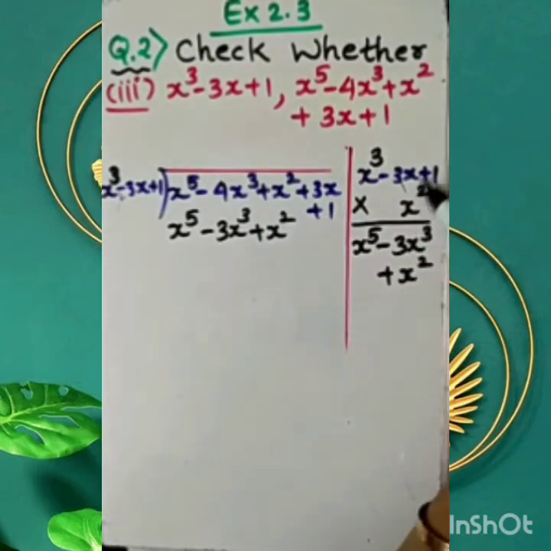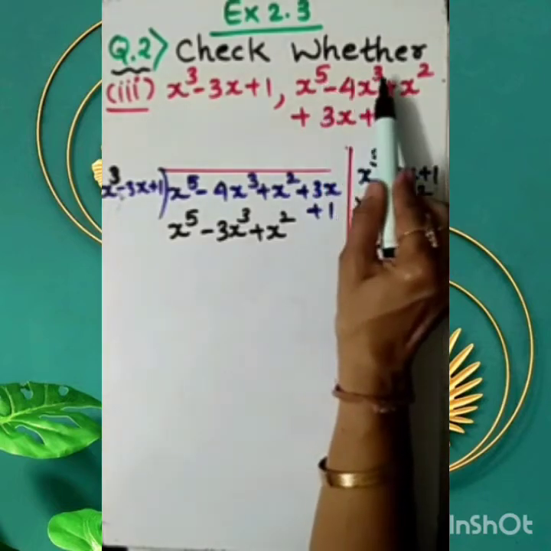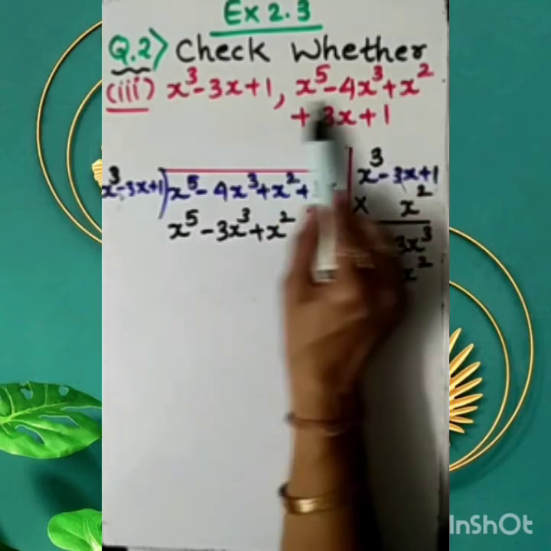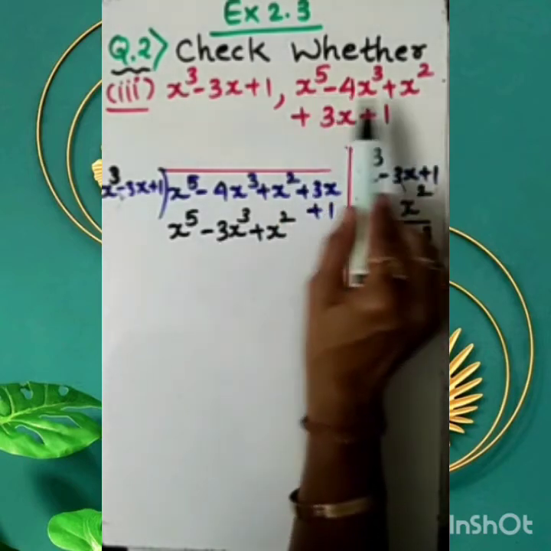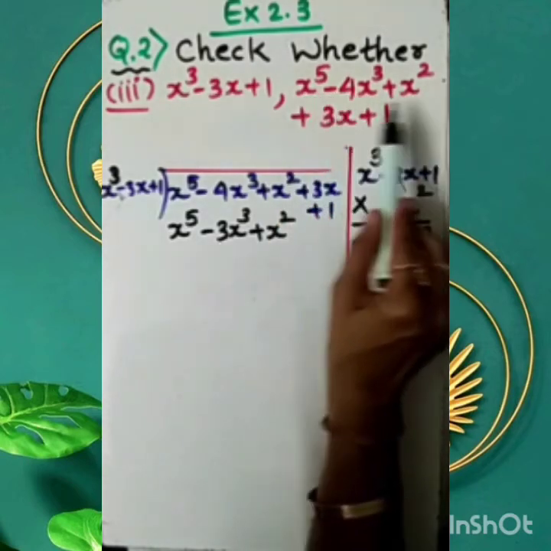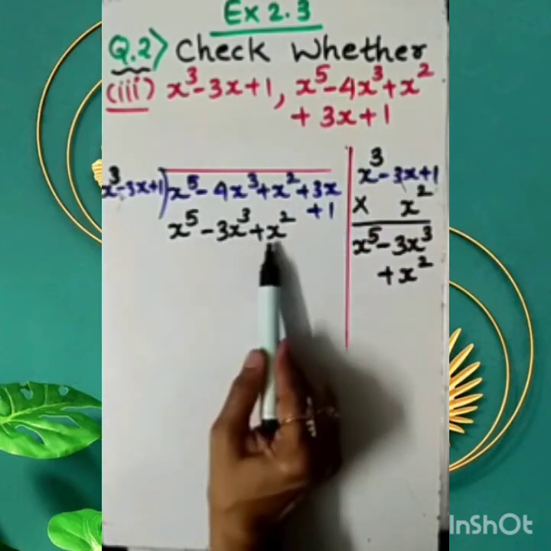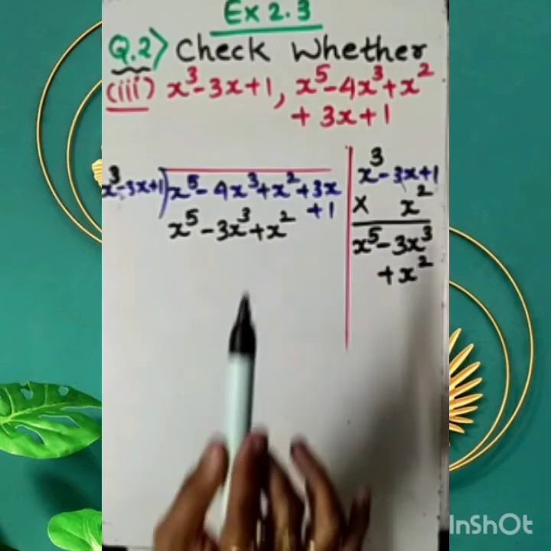Fine. Once again I am checking here, is it okay? Here it is 5, 3, 2. Here the fourth power is not there. The fourth power is missing. In this also the fourth power is missing. It is not in order. But here it is coincidentally similar. So no issue for that.